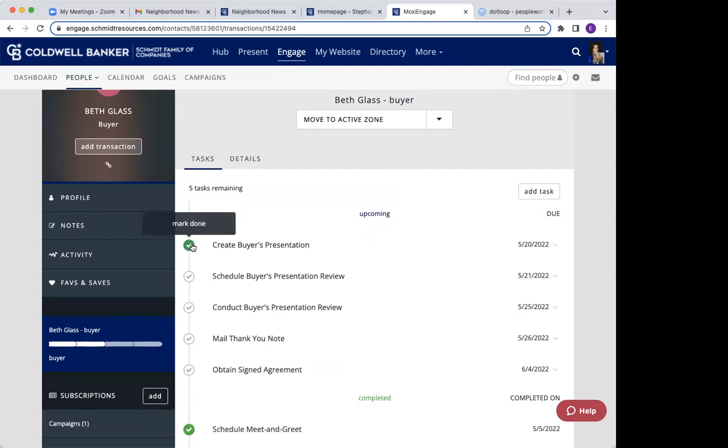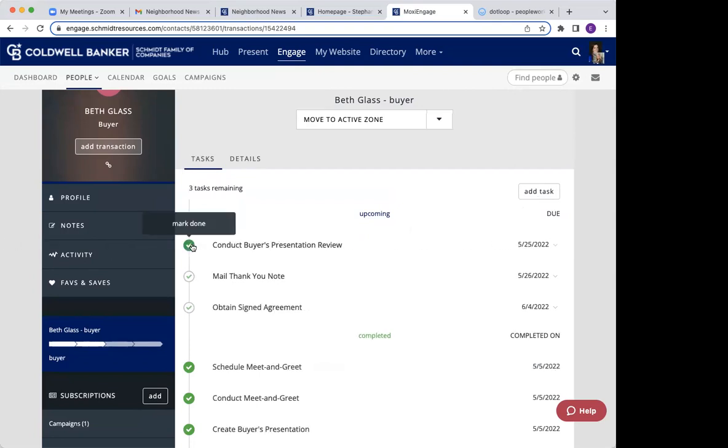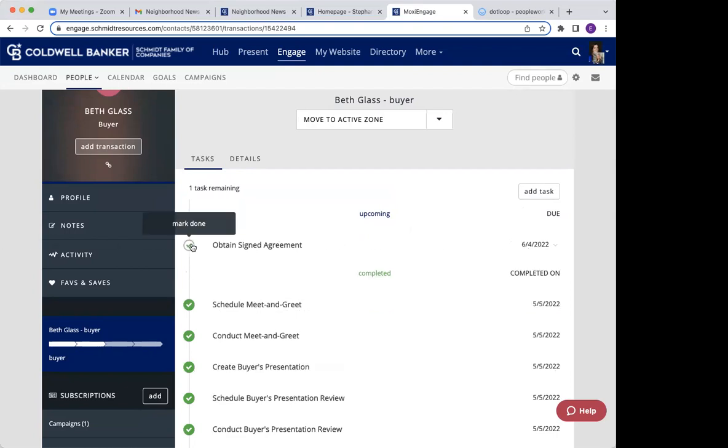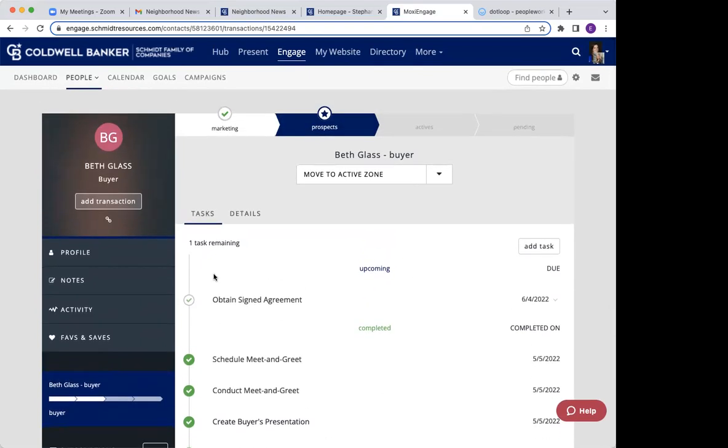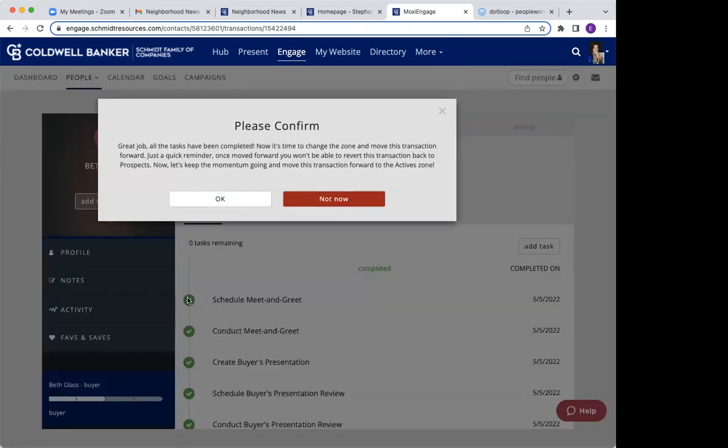Create the buyer's presentation. Schedule the presentation. Do the presentation. All of these things, okay? So at this point, once we've gone through all of this, we've done our meet and greet. That means we've done our presentation with them, our buying presentation. We have an interest from her to look for houses. She's excited to work with me, etc. Maybe we're then at this point going to do maybe a buyer exclusive agreement or not, depends on your area. Once we do that, we're now able to